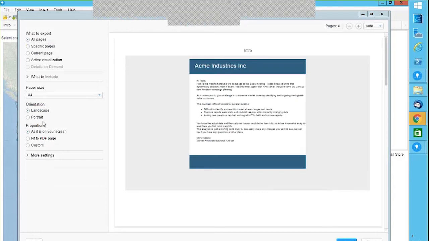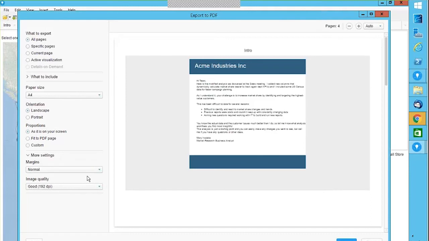Now this was something which was already there, but these things like proportions are new. Do I want to fit it to my screen, fit it to PDF? Do I want to zoom out or zoom in? I have more settings here where I can specify margins, whether narrow or wide. I can specify the image quality as well. This has been added in 7.10, and the good thing I like is I'm